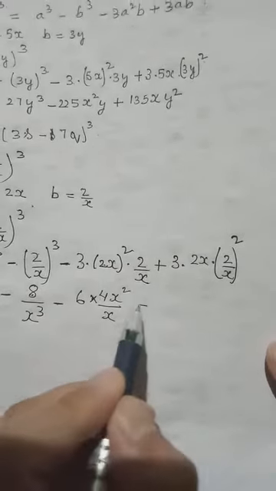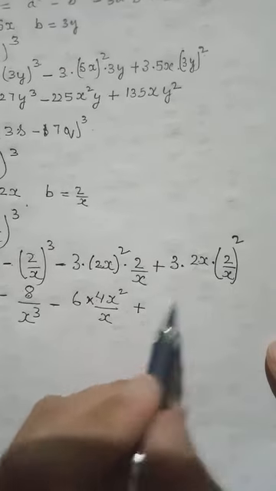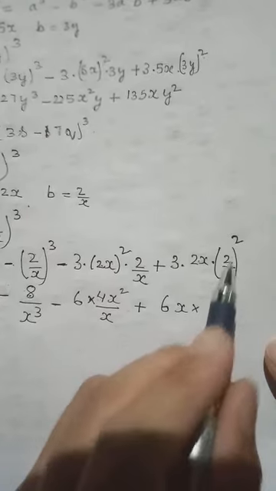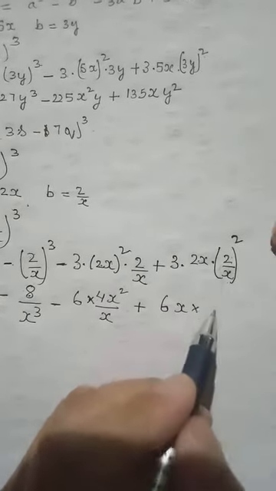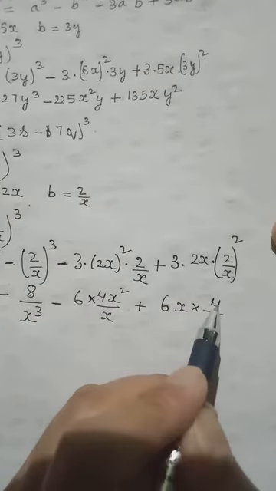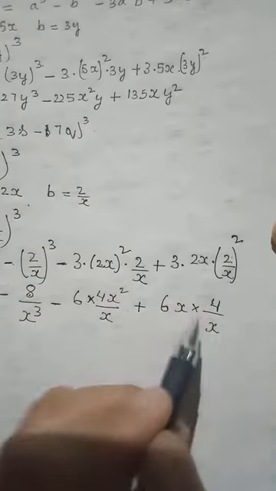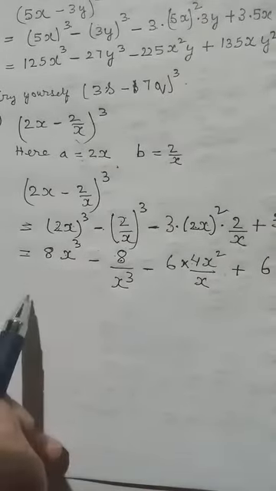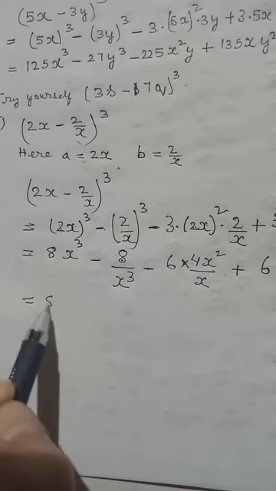Then we reach the next part. 3 into 2, 6. x. Then again here we have square. So 2 into 2, 4. Which is up, write up. x is down, write it down. But the power is 2, so there you have to write power 2. Okay. Then now let us see. Here we cannot do anything. Write it like that only.